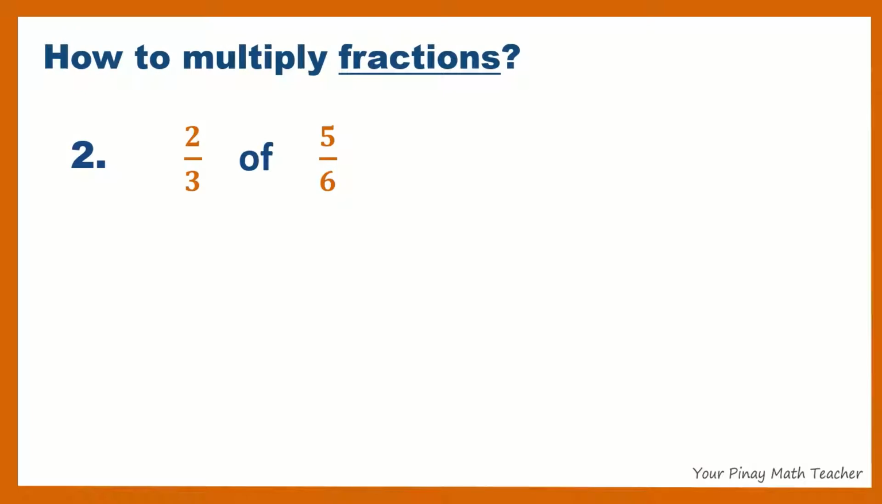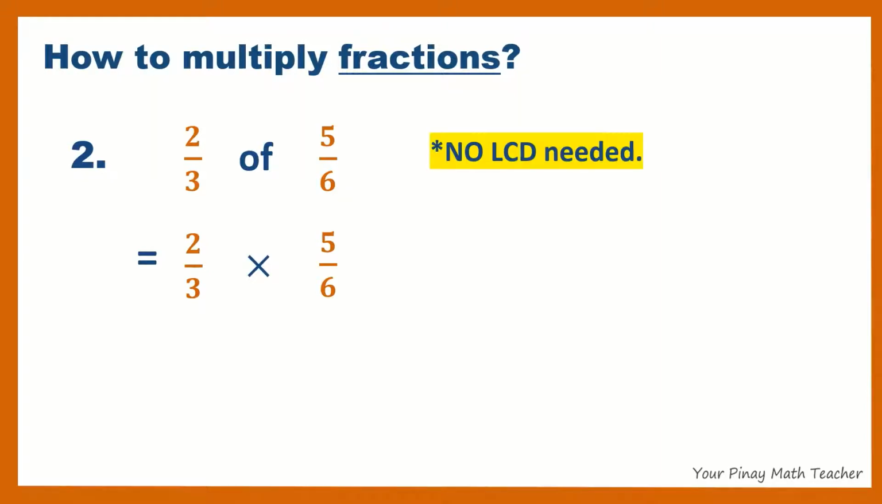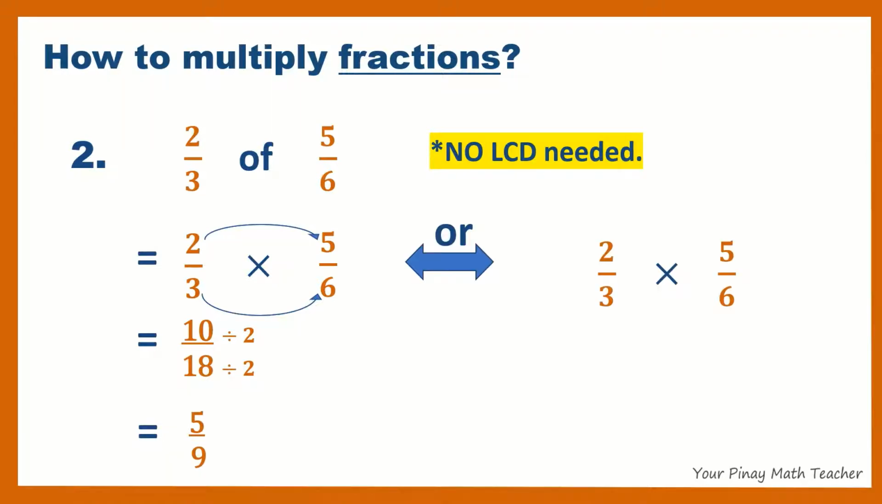Example 2. 2/3 of 5/6, which is the same as 2/3 times 5/6. Don't forget, no LCD needed when you multiply fractions. So 2 times 5, 10. 3 times 6, 18. 10/18 can be reduced by 2, so we get 5/9. The other method or solution is we reduce first